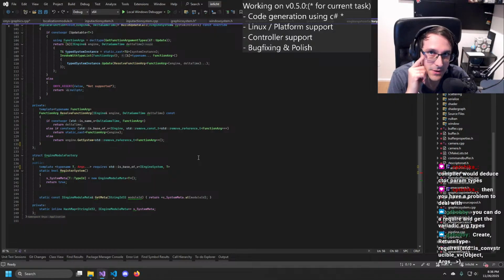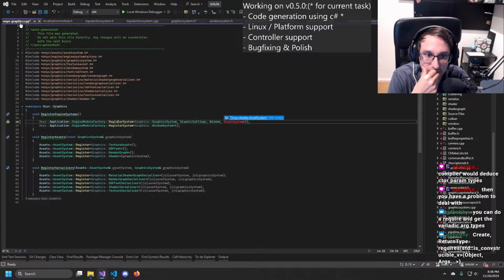Yeah, but that still is the same thing, right? I still need to do the args here, and I still need to do the arguments here, even for that requires clause.